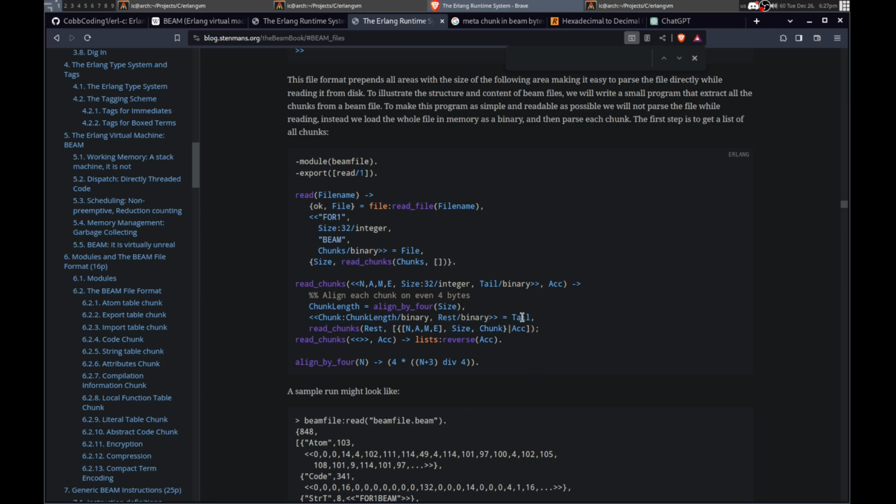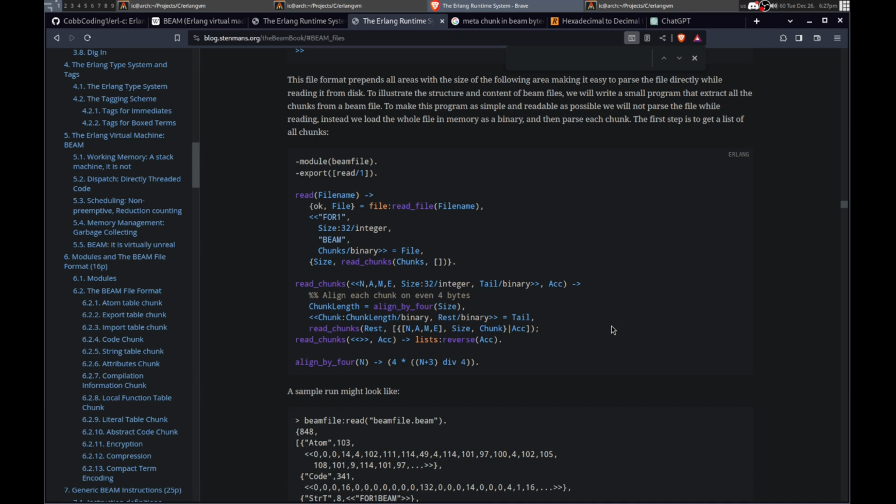Yeah, so where's rest defined actually? Yeah, rest. Okay. That's the rest of it. Size chunk. Okay. So that works for all of that. Yeah, it just reads the rest into binary.